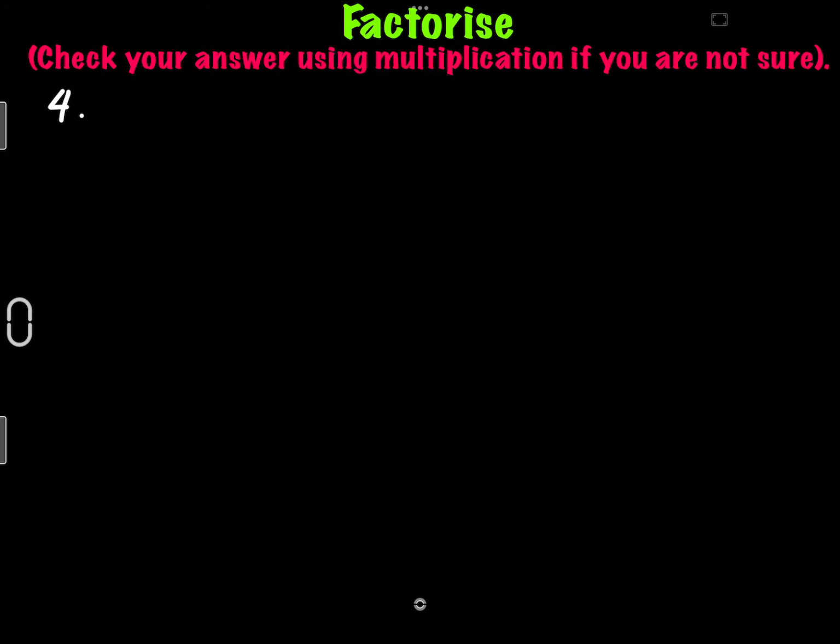So you're given 15p squared minus 19pq plus 6q squared. Now, before one factorizes this expression,